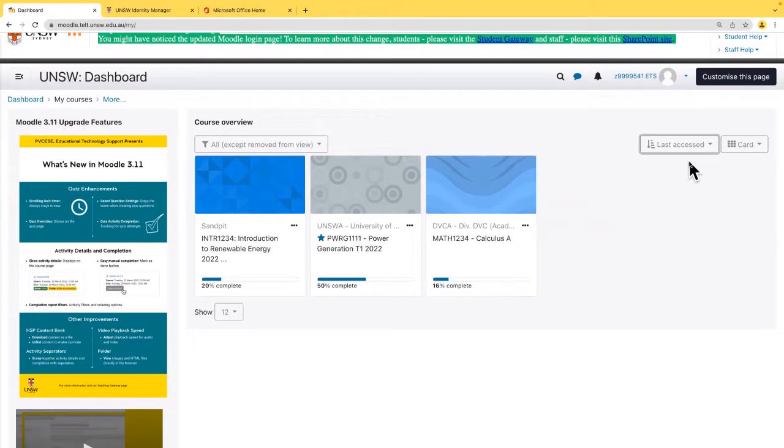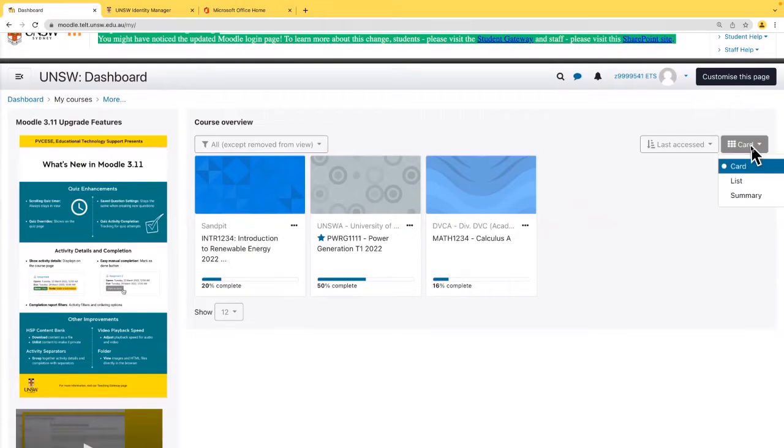The next option is the layout option, which is quite useful. By default, Moodle courses appear as these cards, as you can see here on the top right. They look like cards, as the name implies. Typically, you may or may not see a nice thumbnail. You'll see what we refer to as a category, but you'll most likely see this to be a faculty and the course title. But we can always change this if we're not a fan of the card layout.